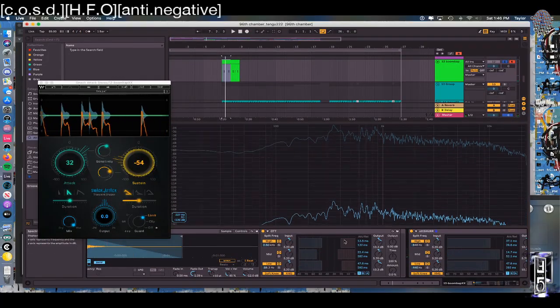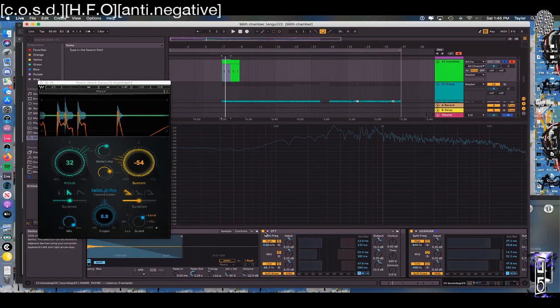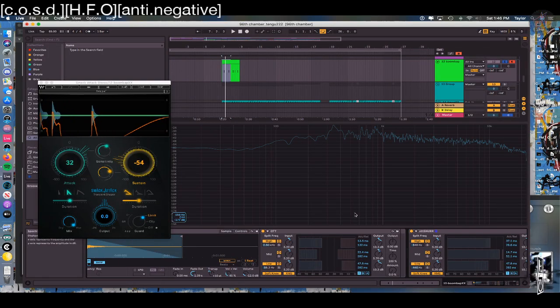Okay, so there's a ton of ways to use OTT. Hopefully now you understand what these parameters do a little bit more and can experiment with them. So to rehash on ratio, because we've been talking about attack and release, which is the most important thing to know how to control inside of the OTT, because whenever you use the time knob, it is directly affecting those. So now the B and A, which is above and below,